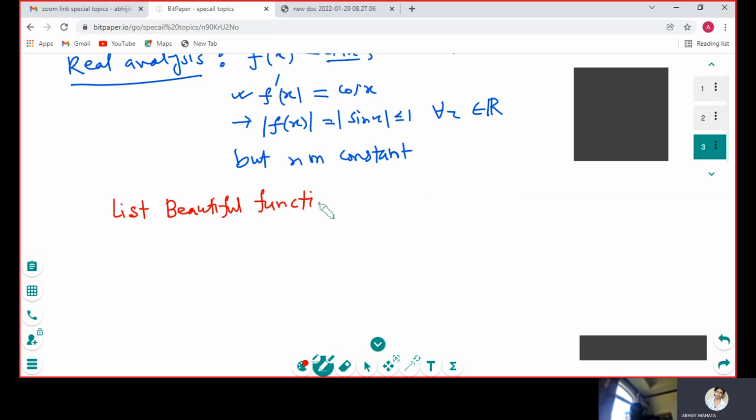This way I am telling you, because if you do research in future, I do not need to read everything. So the most important part you have to cover. So basically, list of beautiful functions, of course, complex valued. I'm not giving the examples one by one, I'm just telling you the property.